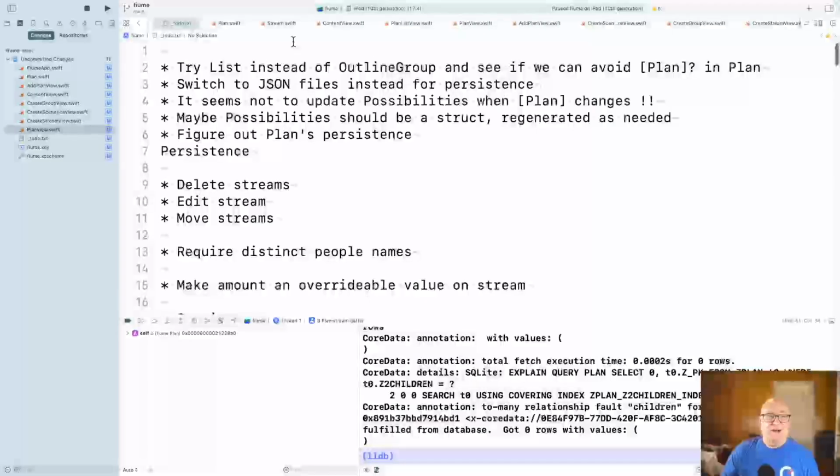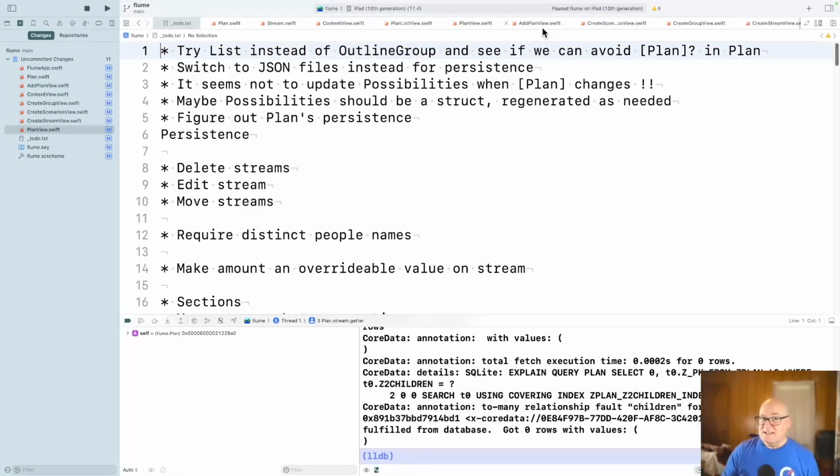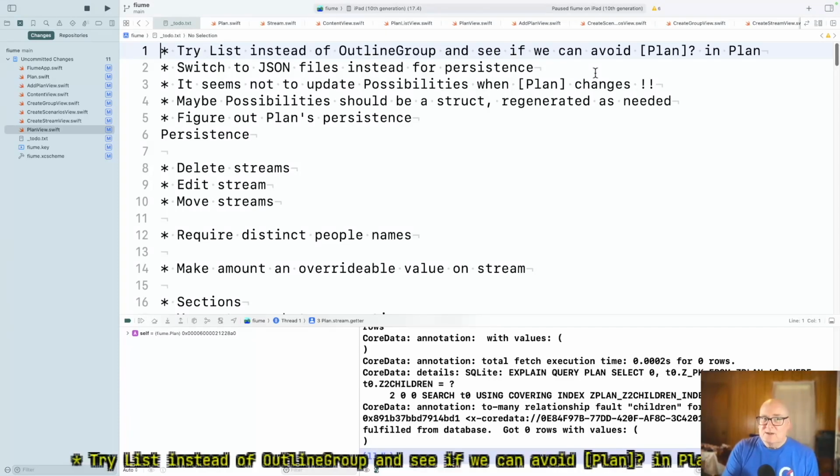All right. So our original plan was to try list instead of outline group and see if we can avoid this need for a plan question mark, because one of the problems SwiftData has is around optionals, and the outline group requires that children be optional. So there's a conflict there. Now, I don't necessarily object to using list if it works. Outline group likes to leave things closed, and I think we could just leave everything open but let you scroll. List would probably be fine for that. It doesn't bother me to explore changing to list,